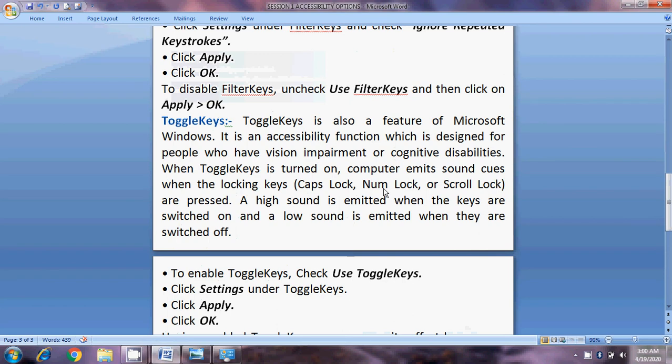Now I will press the Caps Lock key and you can hear a beep, and when I press the Caps Lock key again, it will emit a low beep. Please listen to both sounds carefully and compare them. When I turn on Caps Lock, it emits a high sound, and when I press it again or turn off Caps Lock, it emits a low beep.